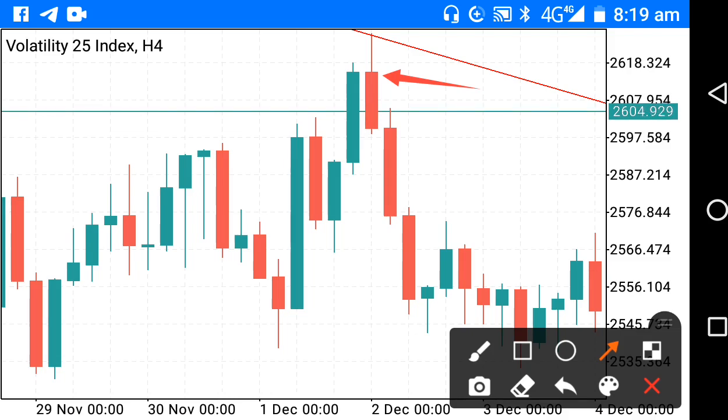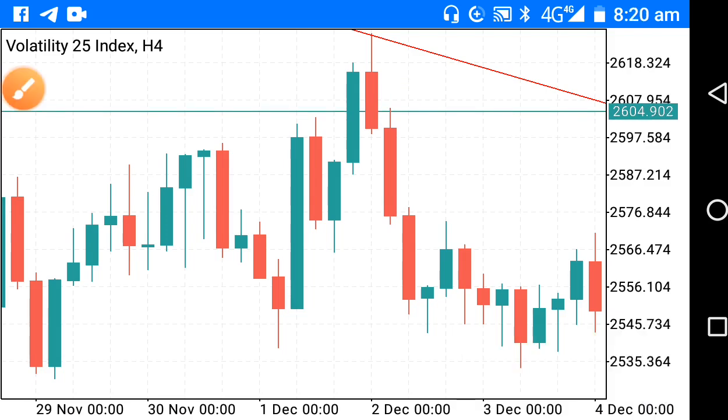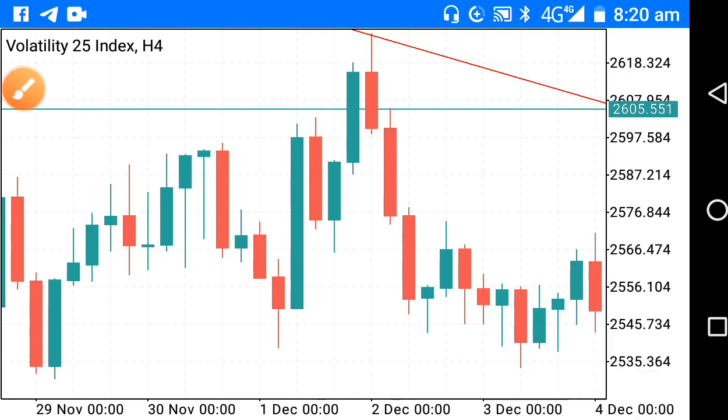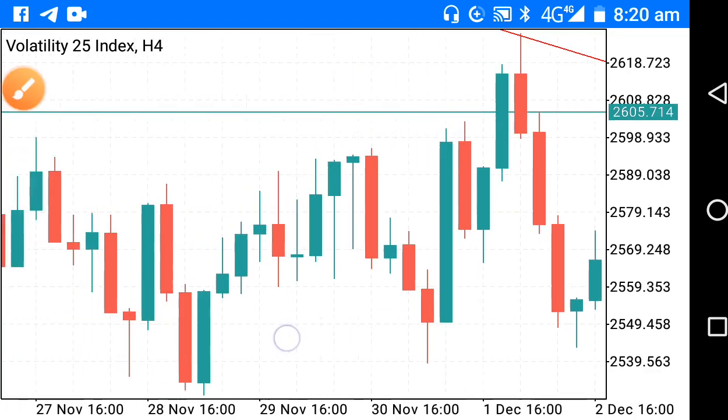When a candle closes, the next candle begins to form, and if you look very well, by the time this shooting star closes, this other candlestick begins to form. So that second candlestick is our